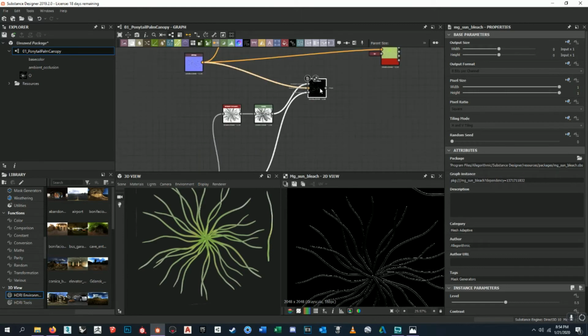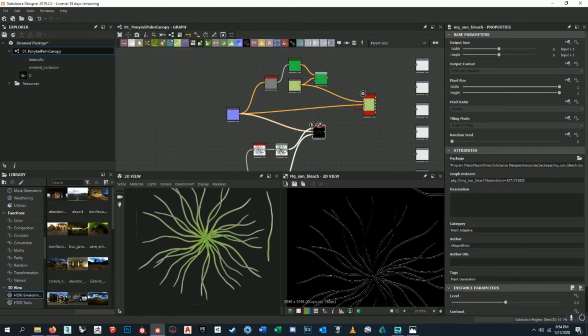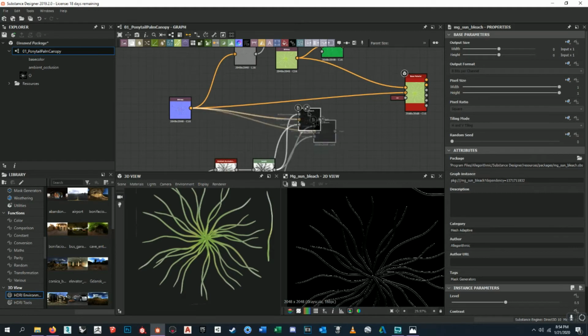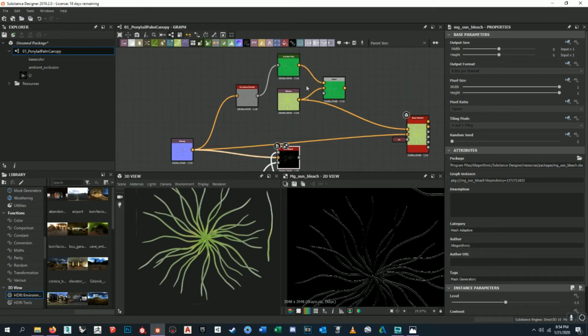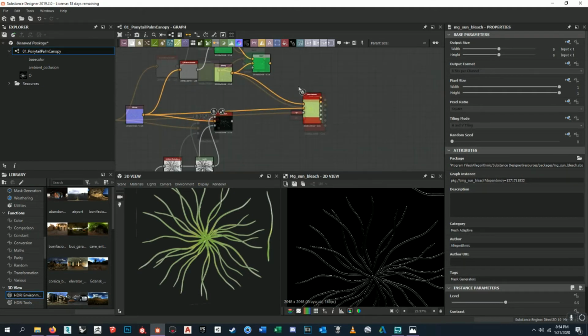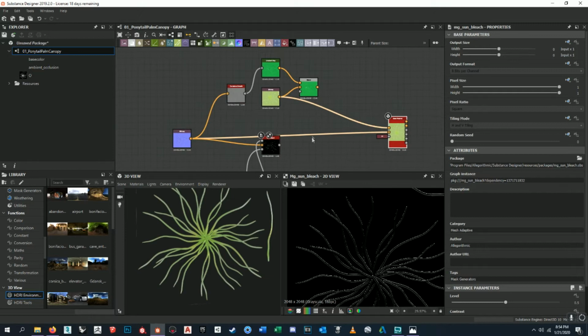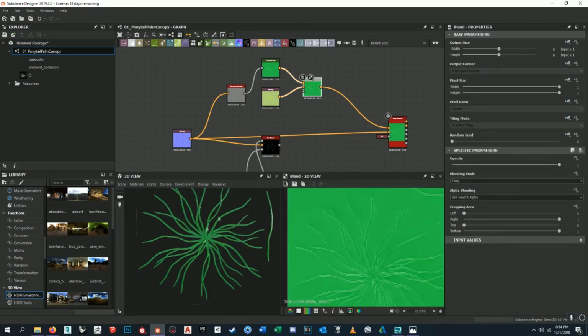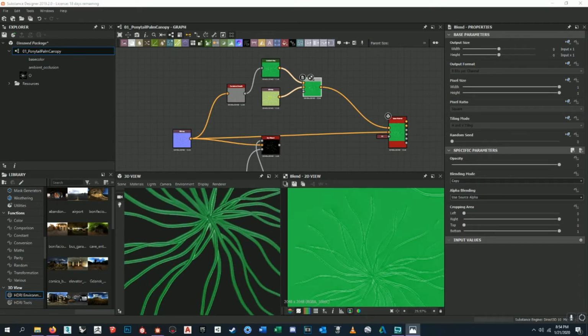So I'm going to now use that mask, and I'm going to plug that into another blend node. So let me kind of organize a little bit here. I'm just going to pull all my nodes back so that we have a little bit of space. I'm going to give us a little more room here. And then, actually, we do want this output. We're not going to use this green, actually. I think what we're going to end up doing is,